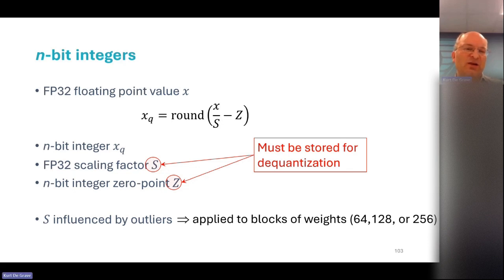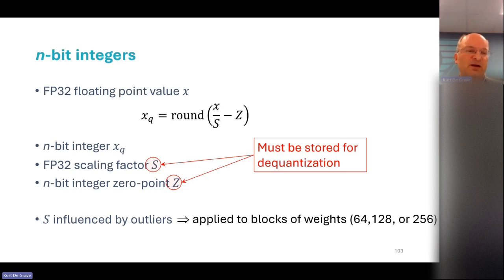So the trick is to have lots of numbers, a chunk of your vector, and to isolate the most suitable scaling factor and zero point for those on average. And then you can represent such a chunk.